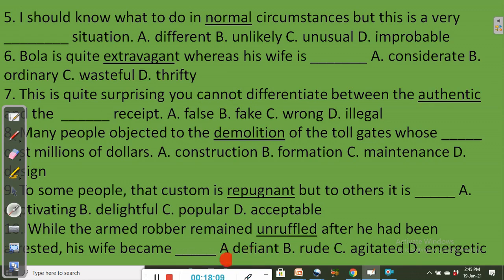Let's look at the options. A, defiant. B, rude. C, agitated. D, energetic. The answer is C, agitated. When you are agitated, you are worried. You are filled with anxiety. You are filled with worry. So while the armed robber remained unruffled after he had been arrested, his wife became agitated. That is quite correct. So let's move on